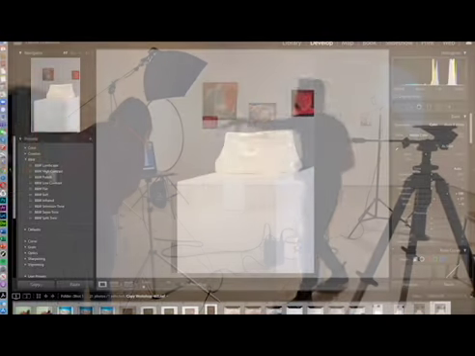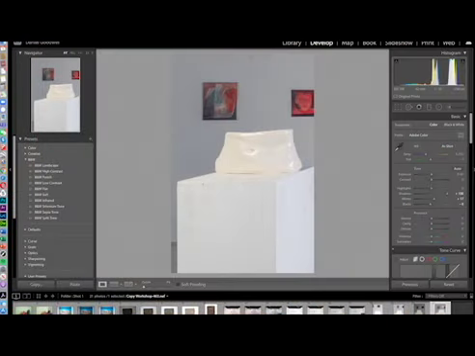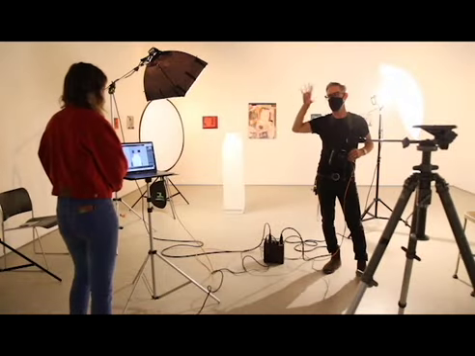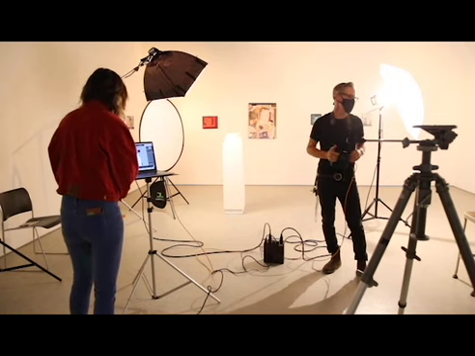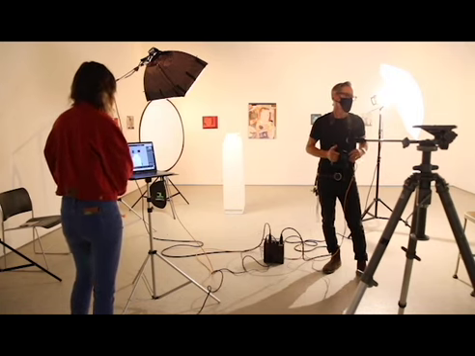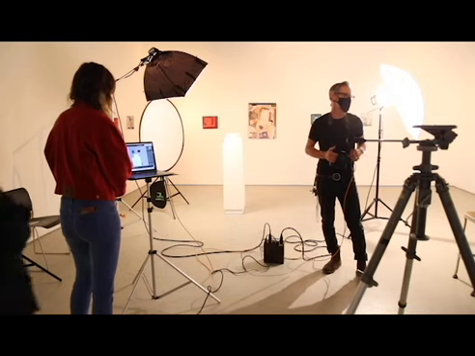Yeah, so I'll show you how in Lightroom to fix that background without actually bringing in a third light, which is the correct way to do it. But the cheater way is to open up the shadows. Yeah, all right, that's that. That's everything you will ever need to know about photographing your stuff